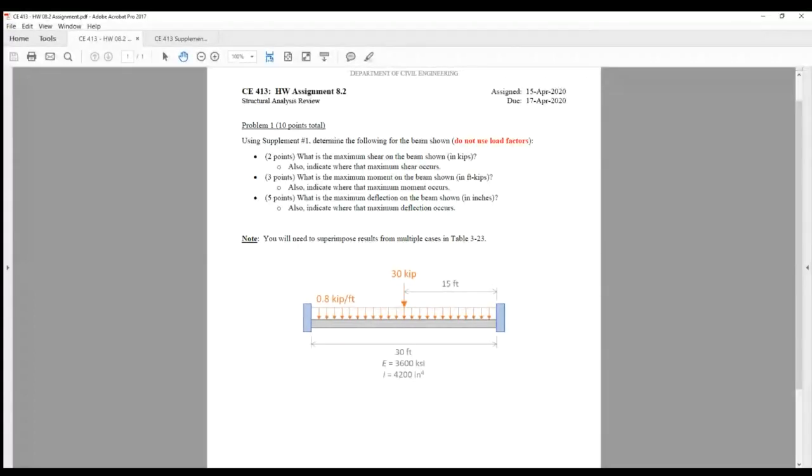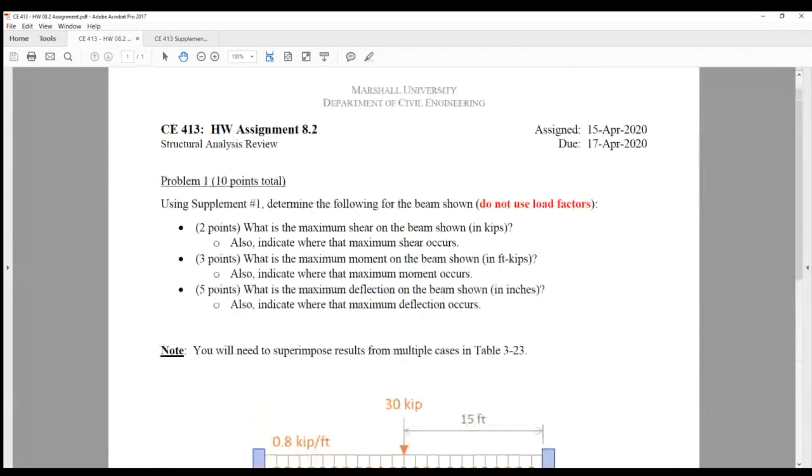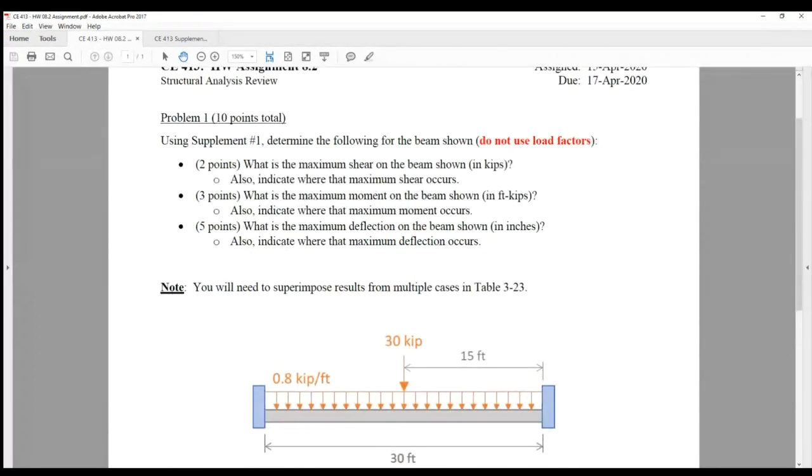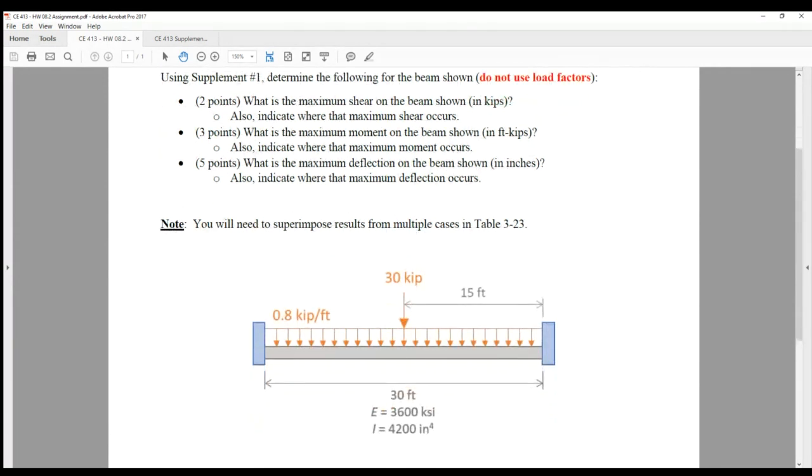Okay. Now, I have here a different case for the homework assignment. Again, I want you to tell me what the maximum shear is, the maximum moment, the maximum deflection. I want you to tell me where they occur for this scenario. Now, I want to be crystal clear, okay? You have 0.8 kips per foot of a distributed load and then a 30 kip live load, but